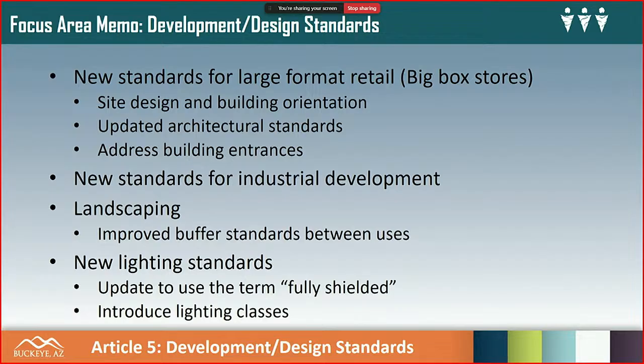And we're introducing lighting classes so that you have different levels of lighting and different types of lighting based on the use. For example, a car dealership would need full color rendition, so that would become lighting class 1, whereas a single family home, lighting class 2, where full color rendition around the outside of your home is not as important. And then lighting class 3 would be lighting that you'd see for uplighting architecturally on a building or in a tree, or allowing for holiday lights and so on. Next slide, please.